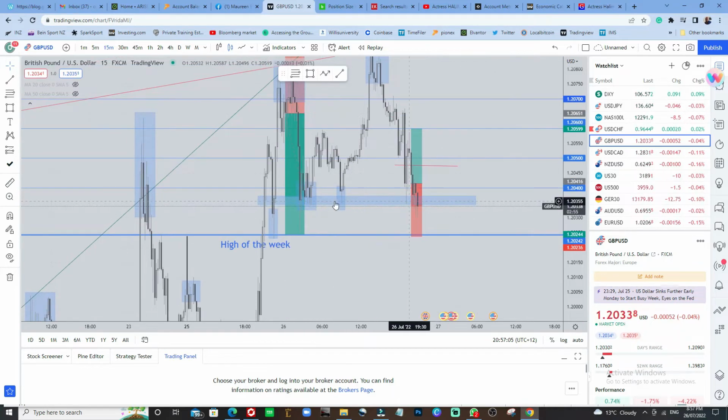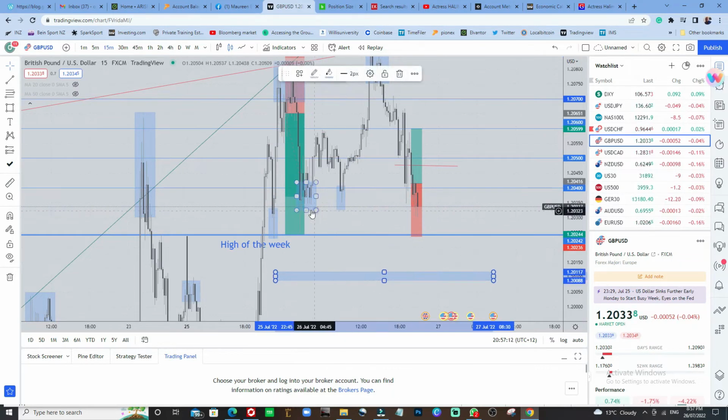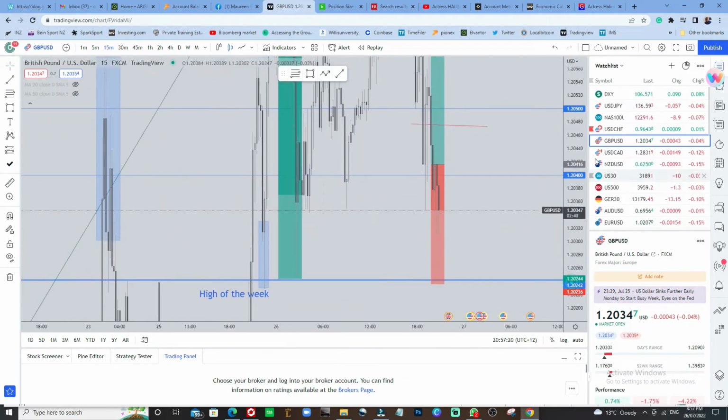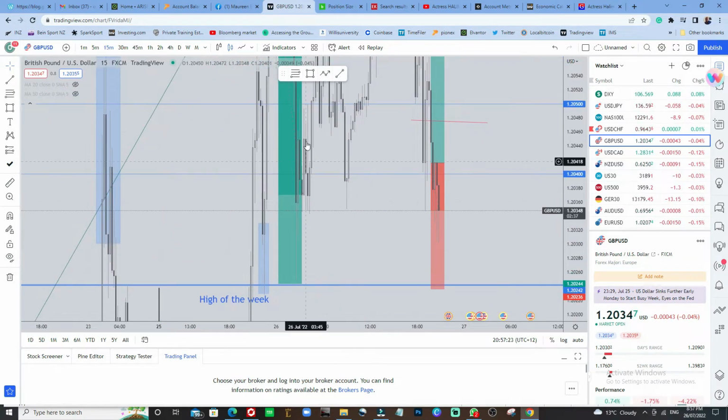You can see that each time the market gets to this level, there's always a reaction. You can see a lot of multiple weak rejections there. Let me remove all these ones so you can see clearly. You can see weak rejections here. A lot of consolidation here. Weak rejection, came down again. Went up, came down again.